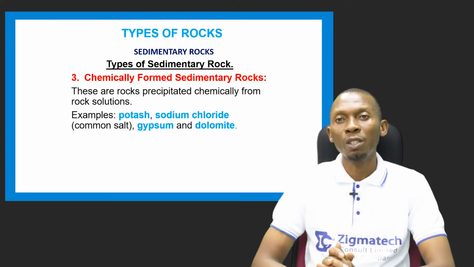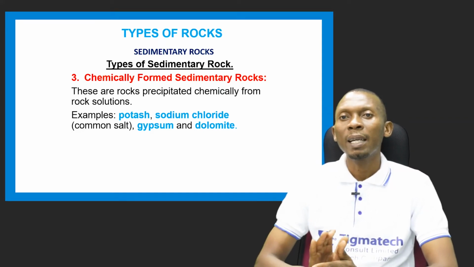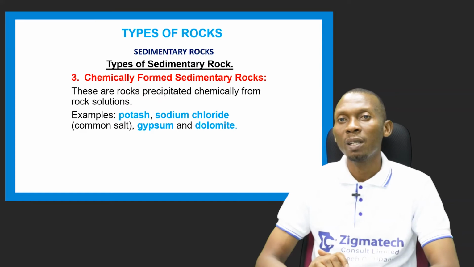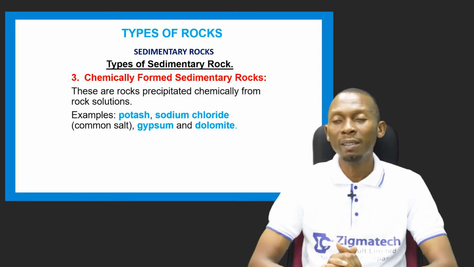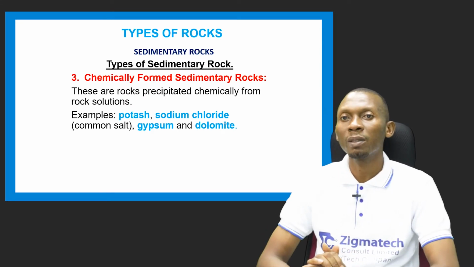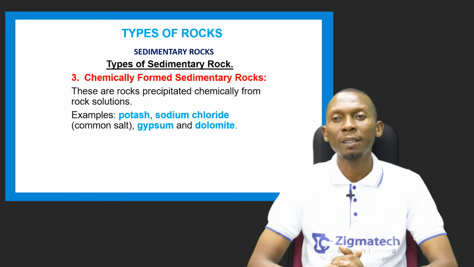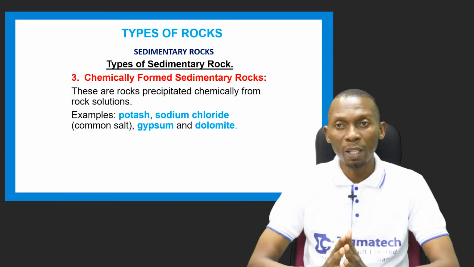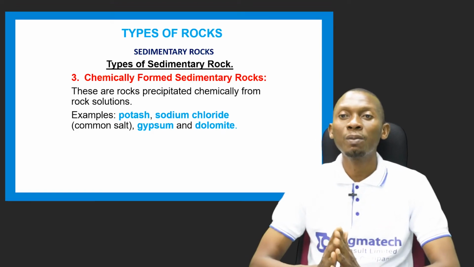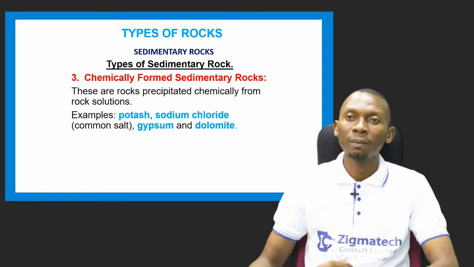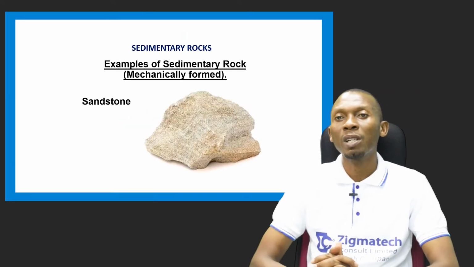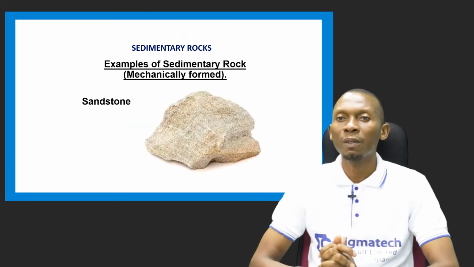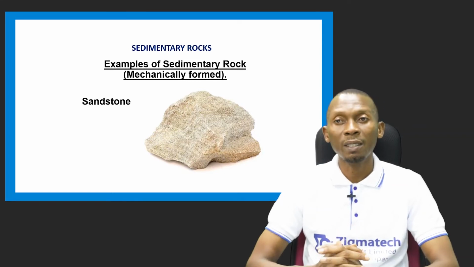Now, another type of sedimentary rock we have is what is called chemically formed sedimentary rocks. These are rocks that have precipitated chemically from rock solutions, and they include potash, sodium chloride, which is the common salt that most of us are familiar with. We also have gypsum and dolomite. So we'll take a look at the pictorial representation of these various types, or various examples, of